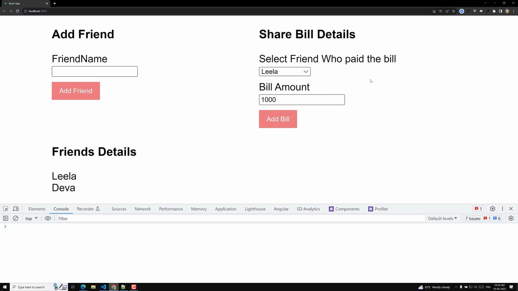Why? Because Leela has already paid the bill, and Deva needs to pay 500 rupees. The share of the bill of Deva is 500. So to whom does he have to pay? To Leela he has to pay. So if I click on this add bill, let's see what will happen